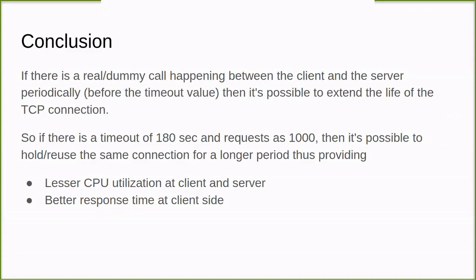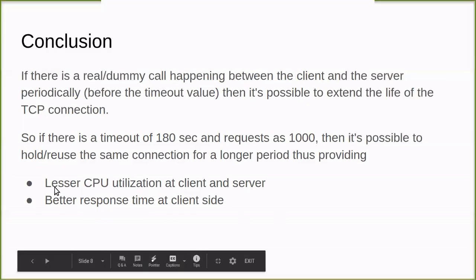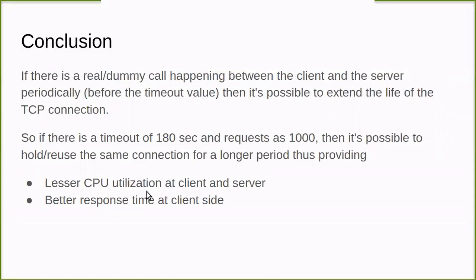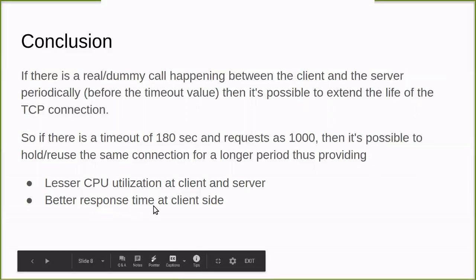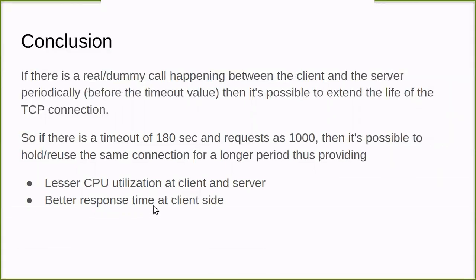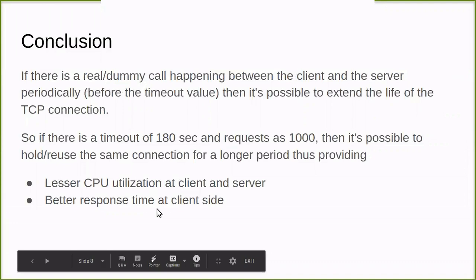So if there is a timeout of 180 seconds and requests in the thousands, then it is possible to hold or reuse the same connection for a longer period. The advantage is that for every connection, you need not re-establish the entire handshake, and this will give a better response time at the client side. So hopefully this clarifies the use